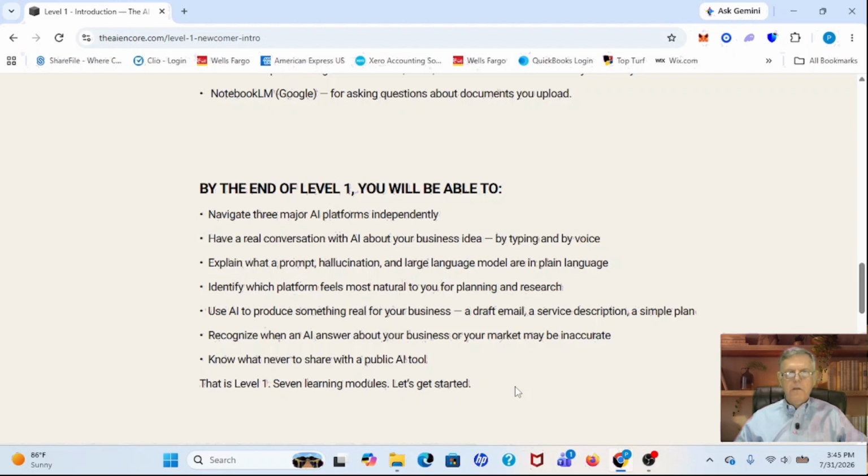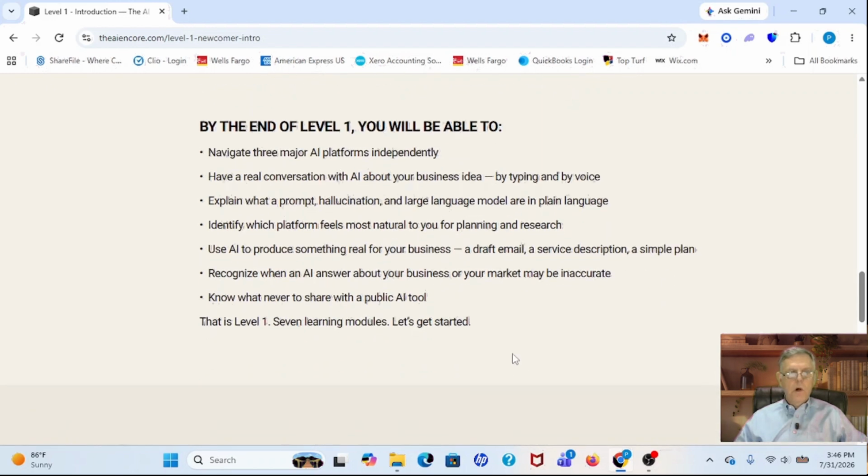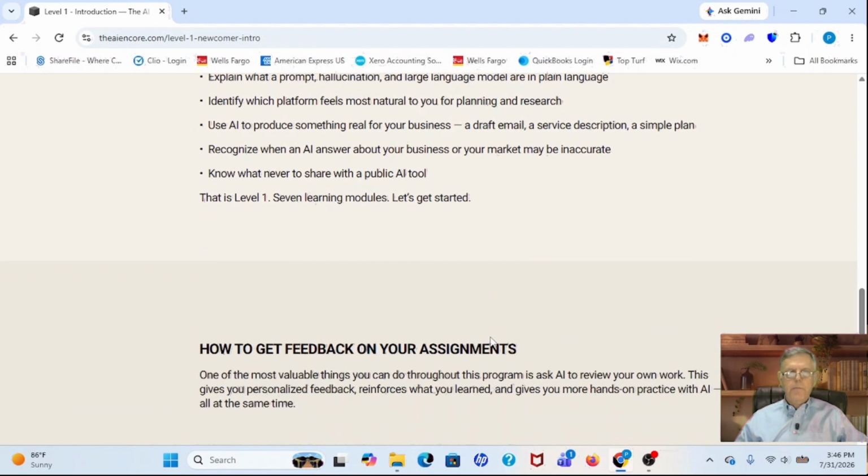A draft email, a service description, a simple plan. Recognize when AI answers about your business or market may be inaccurate, or possibly your subject area of interest. Know what never to share with a public AI tool. That is level 1, 7 learning modules. Let's get started. Now, further down the page, there's some very important